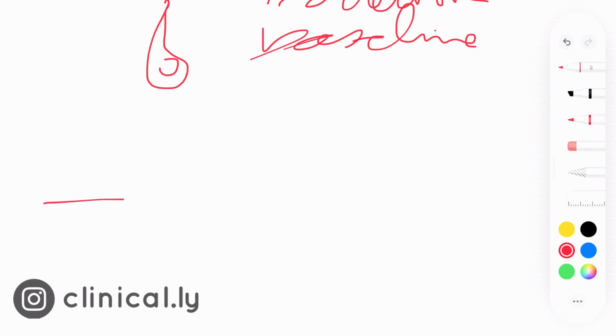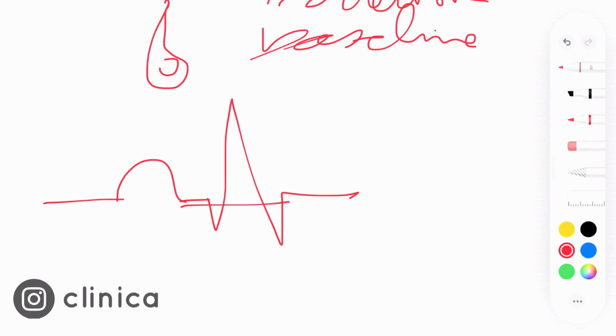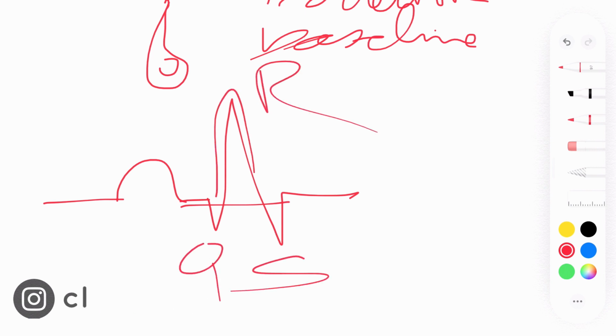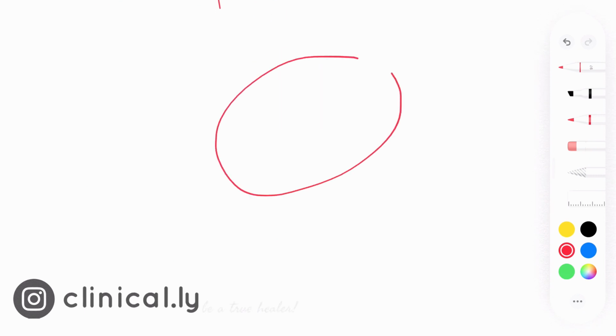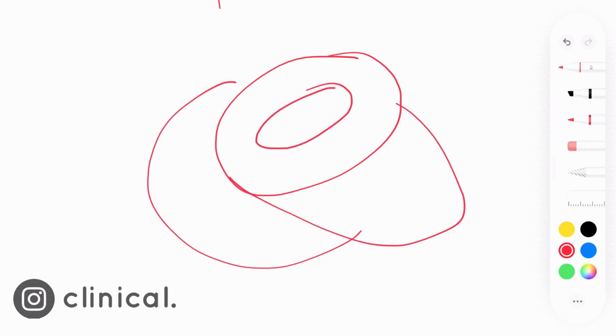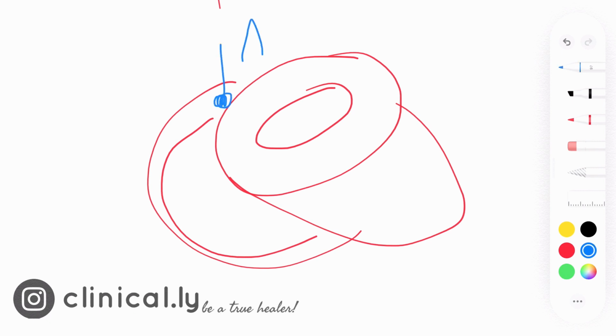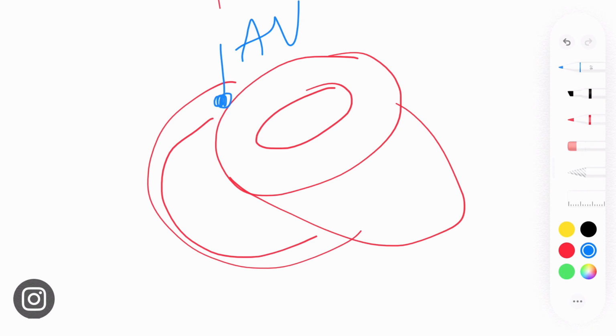So one would ask, then why are there three spiky waves, not one? Why is there a Q wave, an S wave, an R wave? So let's understand. In the ventricles, let's draw the ventricles first. This is the left ventricle, this is the right ventricle. The AV node lands somewhere here on the ventricles. As soon as it lands here,